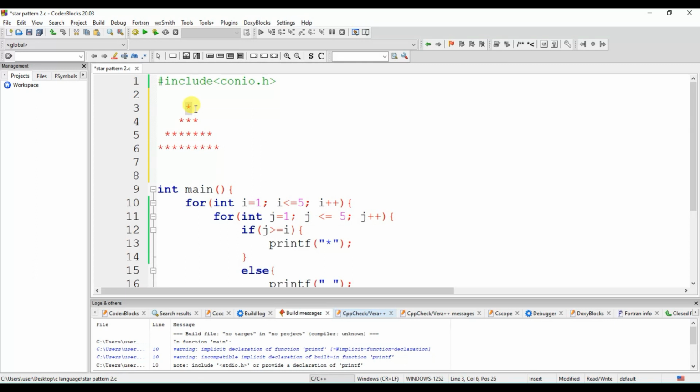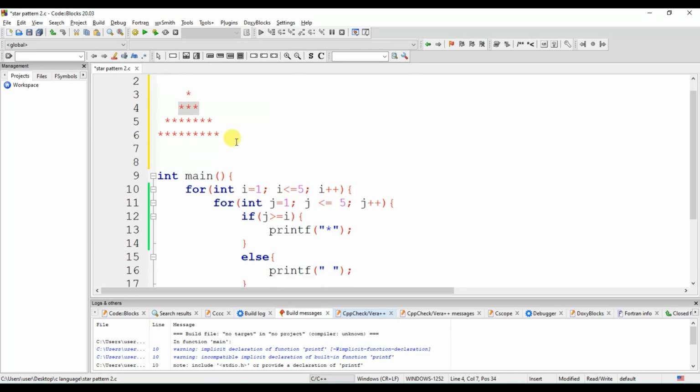So if I is 1, then I into 2 is 2, and subtracting 1, it becomes 1 and it will print this star. And after that, if I becomes 2, then I into 2 becomes 4, minus 1 becomes 3, so we can print 3 stars.